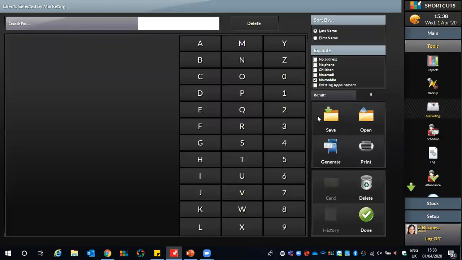The reason I say this is because it will want to save it in a folder called point of sale, which is in a folder called shortcuts, which is in another folder, which is in another folder, which is in another folder. So we have made it super duper nice and secure. However, you may not be able to find it at a later date. So just simply save it like you would saving a normal document.